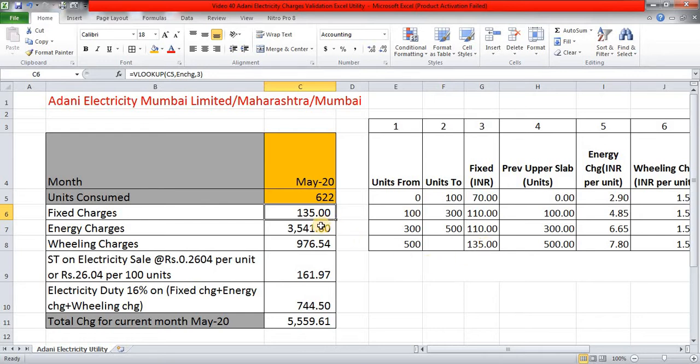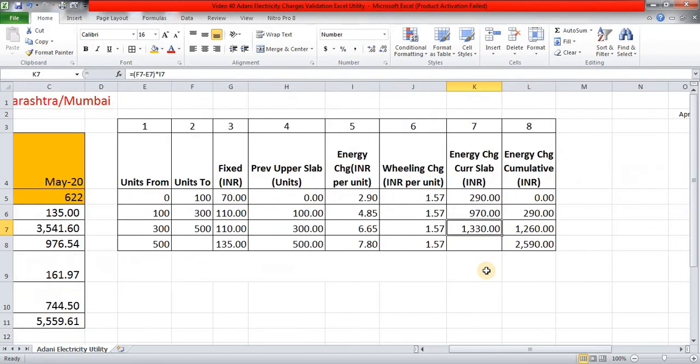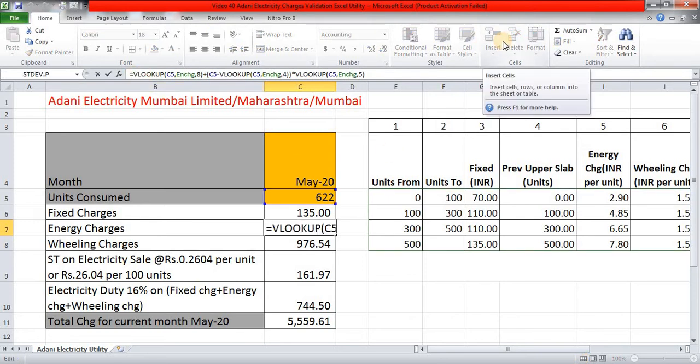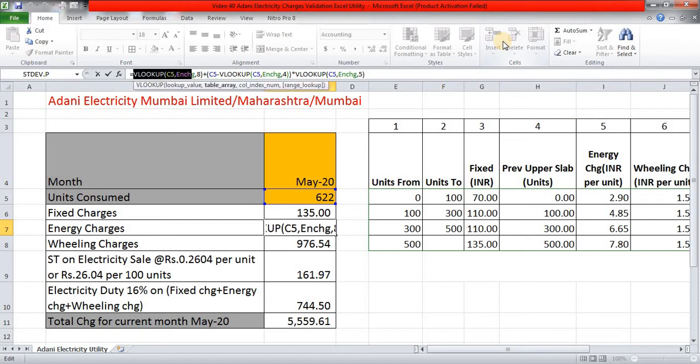Then so far as electricity charges are concerned, we have the same logic which I used in those income tax slabs. First it finds the maximum cumulative energy charges from the previous slab. In this case it will be 2590, and here it is. I can just demonstrate this. I am selecting this and pressing F9. So it is 2590.